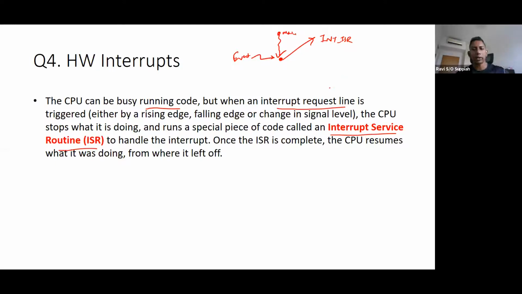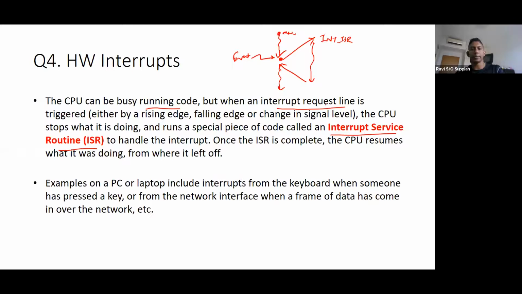Because you are in the middle of doing something, you need to save that snapshot in local memory first, then jump to the ISR, and when you finish, you come back and carry on.